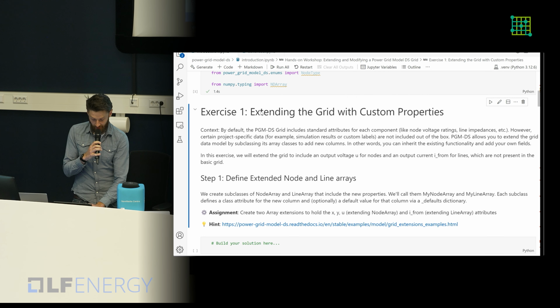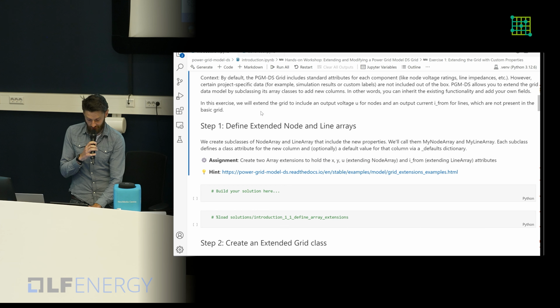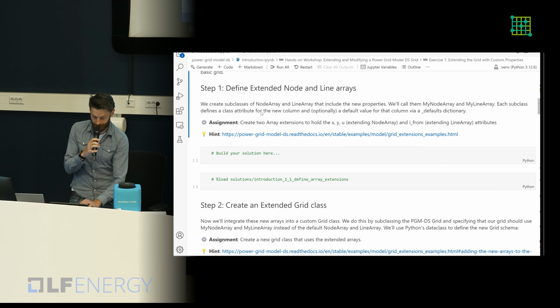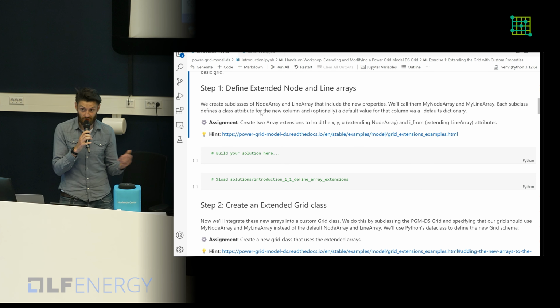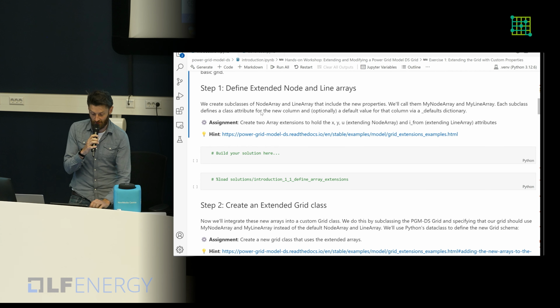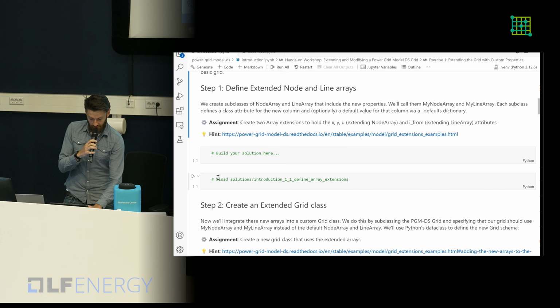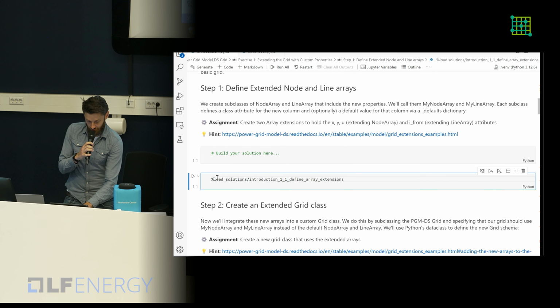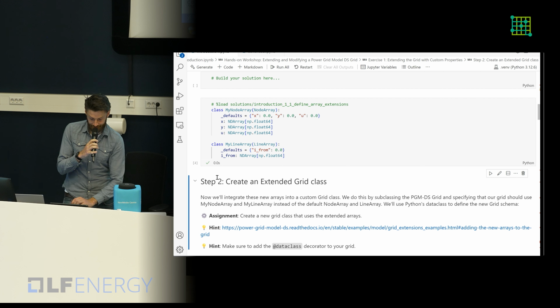In our first exercise, we want to add extra information to the node and line array. So we're actually extending node and line arrays as they are defined in the Power Grid Model calculation core, and we want to add some extra attributes to them. This was not clear for everybody, but if you uncomment this line and run the cell, you get the solution.